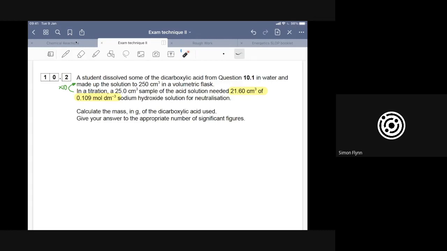And then if we think about the rest of the question, the other thing I would say is, obviously that's the thing you're concentrating on. That's the bulk of the question, calculating the mass. The second thing is, if you write your numbers 1 and 2, maybe you are less likely, because a lot of you do forget, to forget to give the appropriate number of significant figures. There is something else about this that you could be adding to help remind you, and that is,